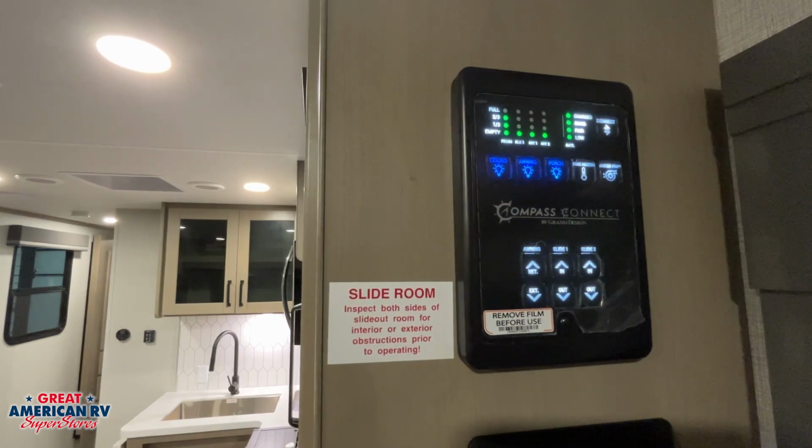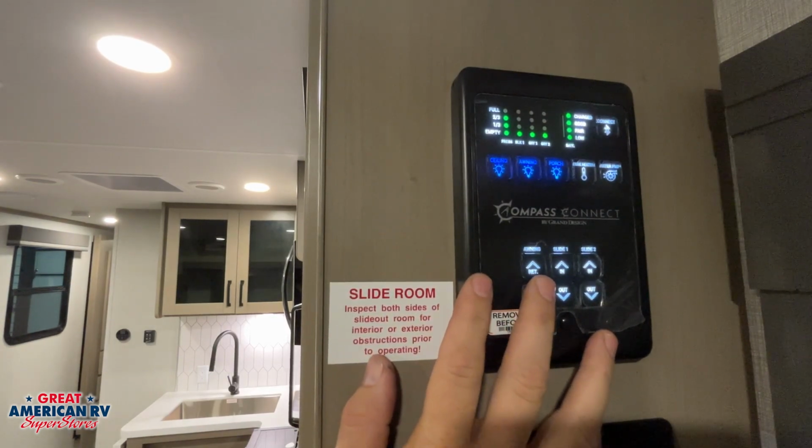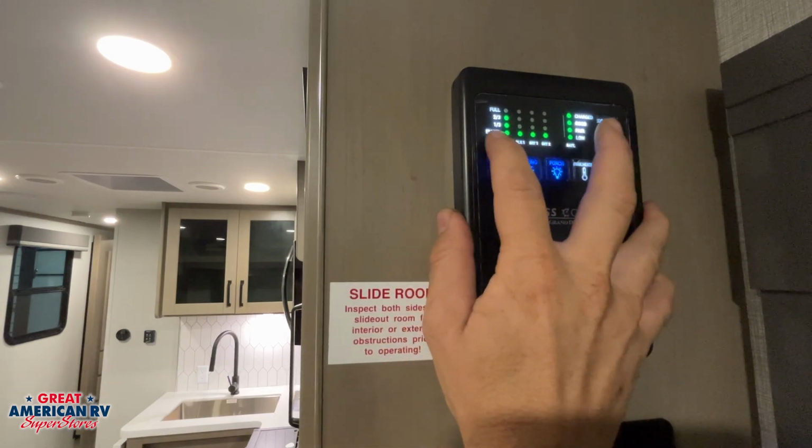Right at our entry door, we have our control center, all 12-volt powered. We can go to that 12-volt fuse panel if any of this is not working and check to see if the fuses are located there. We have our control center